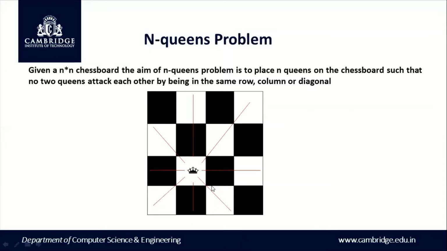Okay. Now, this is the aim of the n queens problem. If you're given an n by n chessboard, the problem has a solution if you're able to arrange n queens on the chessboard without conflicting or attacking each other. This is the aim of the problem. Is the aim of the problem clear? Yeah. So now we move on.